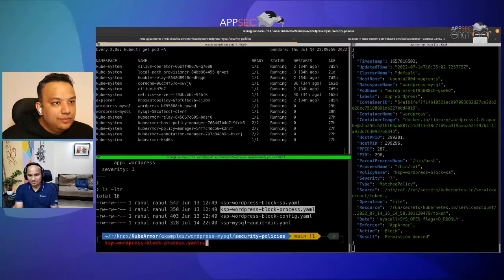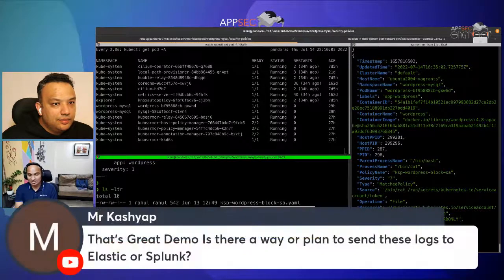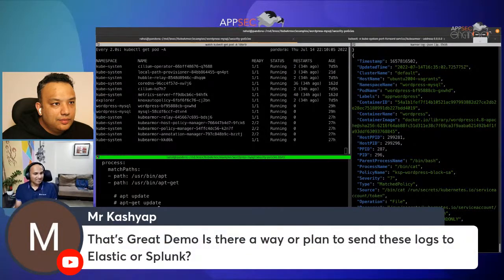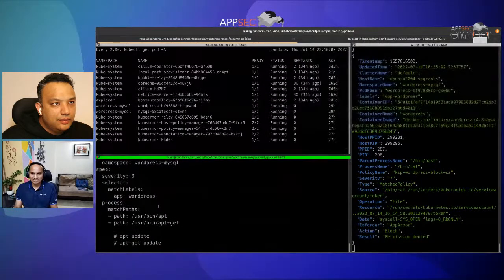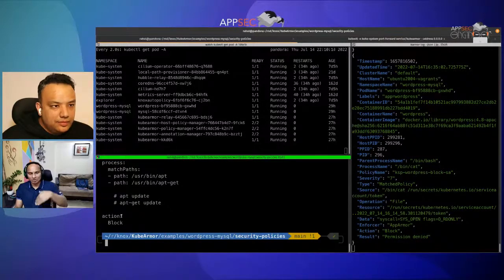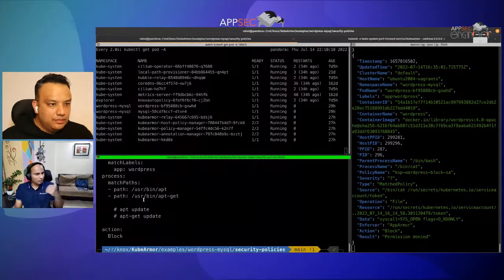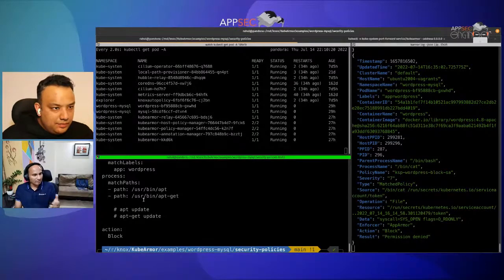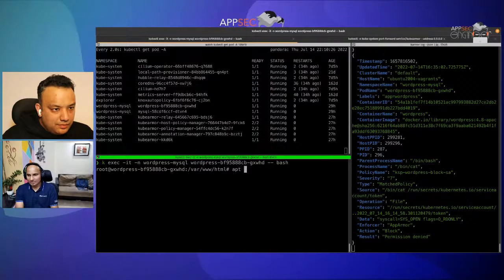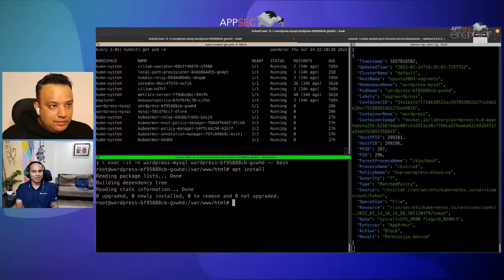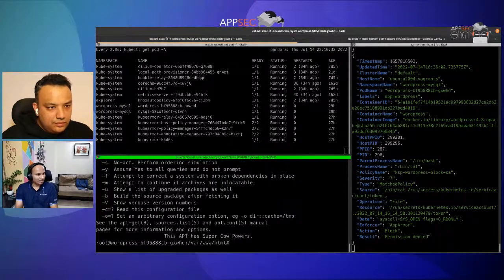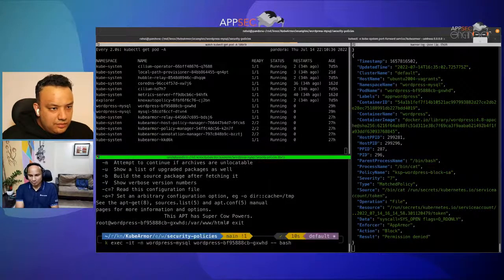So the last policy here is a simple one, but it's an important one because as simple as this, you put a simple policy saying match these paths and block these paths. So you have all your maintenance tools which you want to use only in a certain maintenance time frame. You put all those maintenance tools here and you deny access to it. If I now exec into WordPress and run apt install, I can install any binaries because I have direct access to apt tools, dynamic package management tools. I apply this policy,